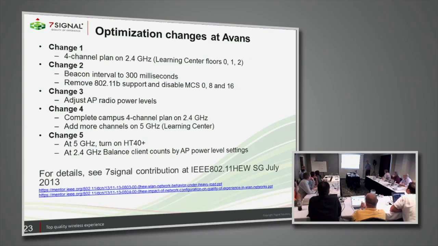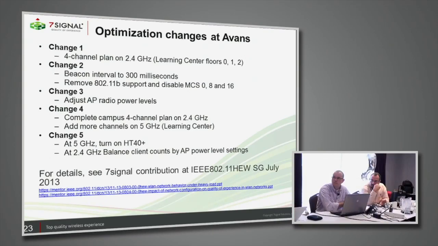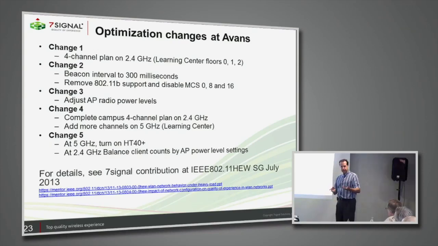Okay, so what we did, first of all, for the 2.4 band, it's a European area, we moved to a 4-channel plan. Secondly, we changed beacon intervals to 300 milliseconds to reduce the overall utilization there. Basically, an empty network running a lot of packets, reducing that. We removed B support, disabled a couple of codecs. On the third change, we adjusted power levels. Fourth change,